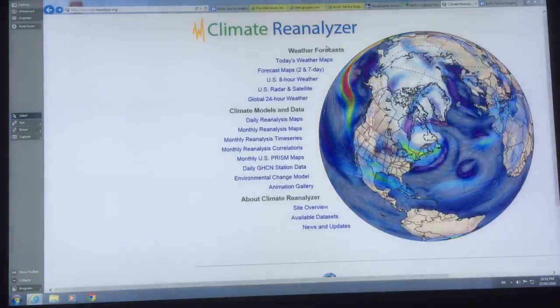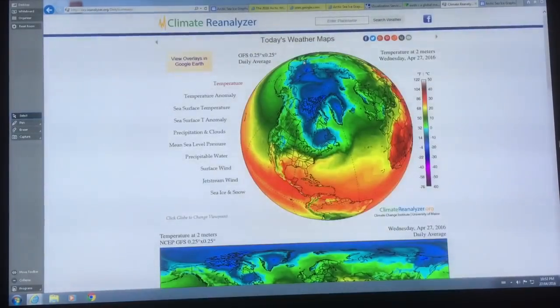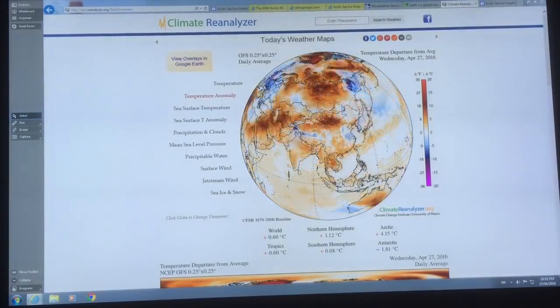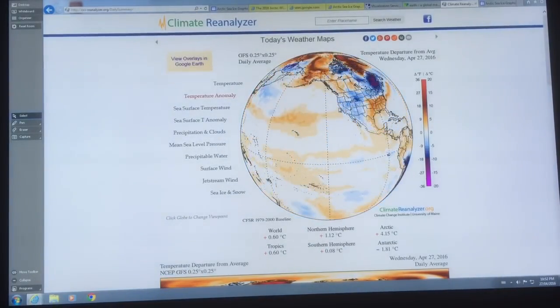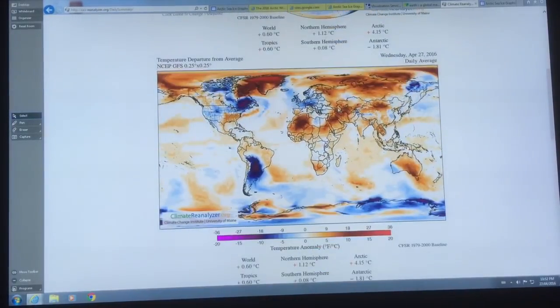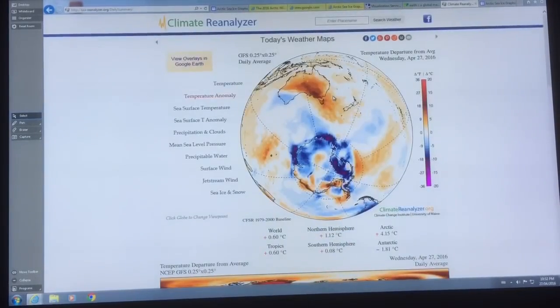If we want to look at what's happening day to day or get a week forecast, you can Google Climate Reanalyzer, and then you can see what's going on today. This is a temperature anomaly, which is the temperature today relative to the average. You can get it on a global map here, and you can see that the Arctic is 4.15 degrees Celsius warmer than normal. This is becoming an ongoing feature,